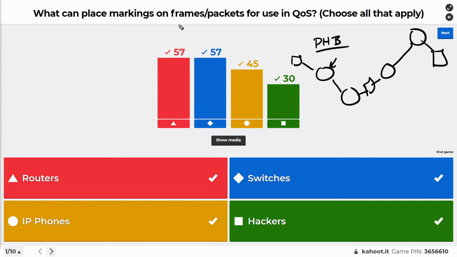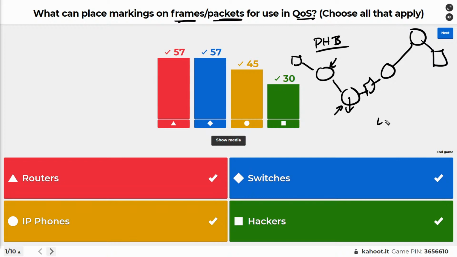And if you're a switch, you could be looking at layer 2 markings. If you're a router, you could be looking at layer 3 markings. And then, you know what the router says when it sees the markings? It says, I don't care. Literally, by default, it doesn't care. Because unless you've also trained the router to do QoS and to give preferential treatment to some types of packets.